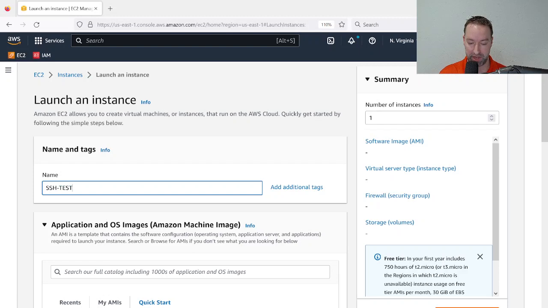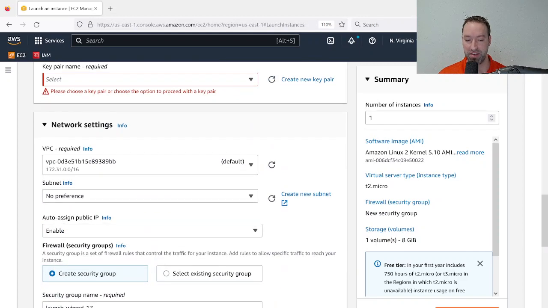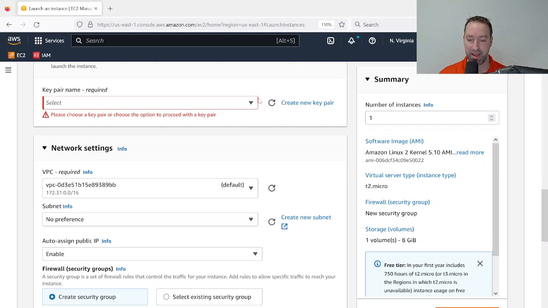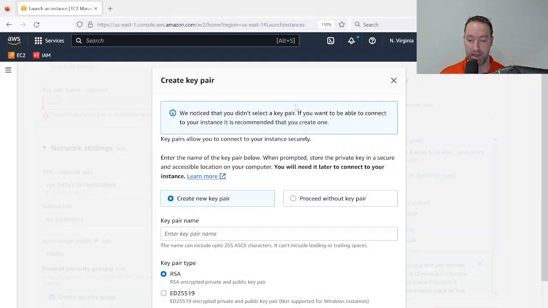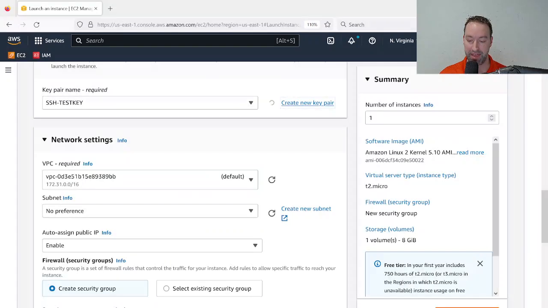SSH-test key, and I'll simply click the launch instance. This isn't a big tutorial on how to launch an EC2 instance or really talk about EC2 so much, but I will show you how to do this. All right, from here, we'll create a new key pair by choosing the create new key pair option. And for this new key pair name, I'll just call it once again SSH-test key. And the default RSA and .pem files are perfectly fine. From there, I'll choose create the key pair, and then I'll finish this process right here of launching the instance,